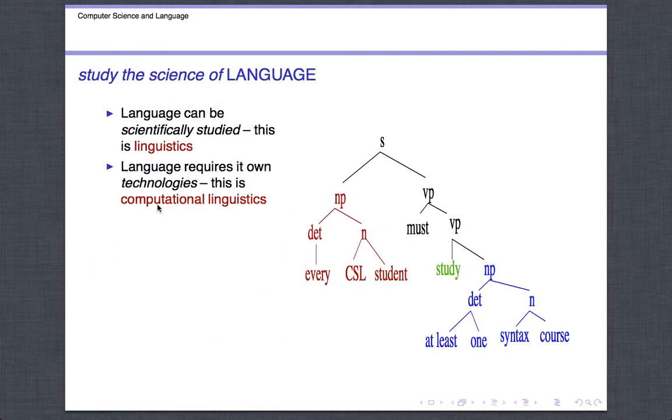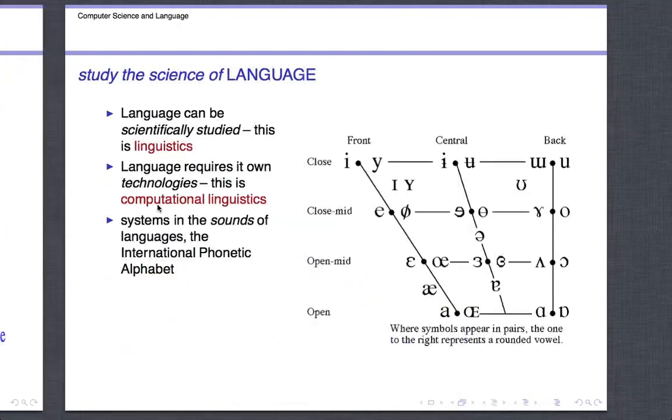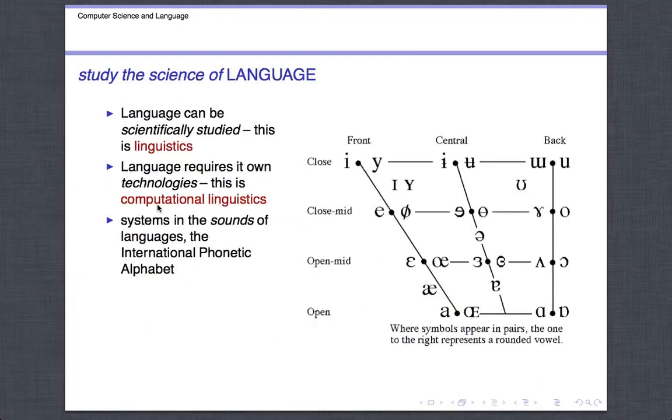Computational linguistics is really taking what you find when you do that kind of methodical study and try to exploit it for technological gain. So, for example, there's systems in the sounds of languages, regularities in there which would have escaped your notice till now, until someone points them out to you. And some people in the linguistics department will be the people who will be endeavouring to open your eyes to some of these aspects of